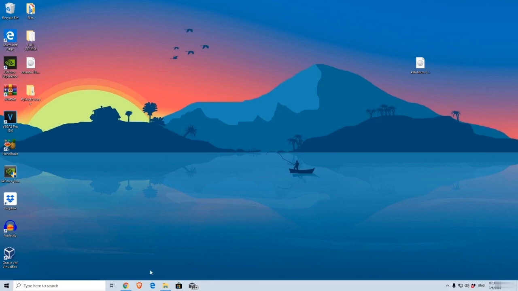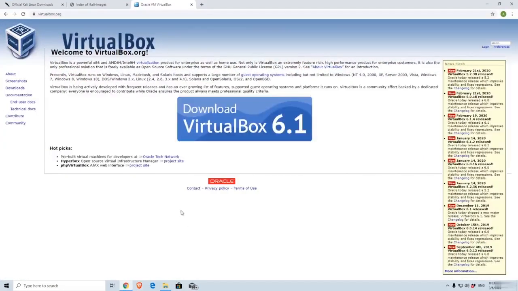So all you need to do is go to your Google Chrome or Firefox, whichever search engine you're using, and navigate to the link virtualbox.org. Once you visit this link, it will lead you to this page where it would tell you to download VirtualBox 6.1. Now it doesn't really matter which version you are going to download, they're rather all the same, so you can simply just click on the newest one, which in my case at the moment is 6.1, click on download,